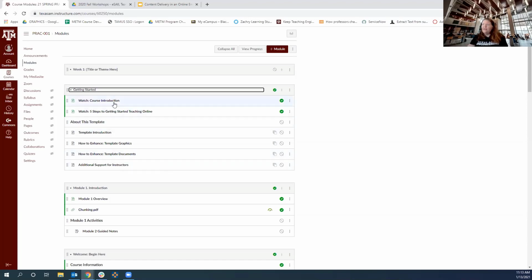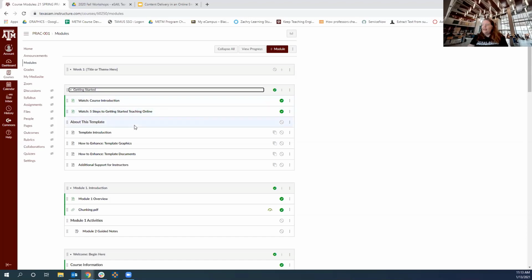So this was in my eCampus course, this getting started area. These were 2 items that I had at the top of my course materials area. And then within that area, I had folders for each topic. And so this came by itself.